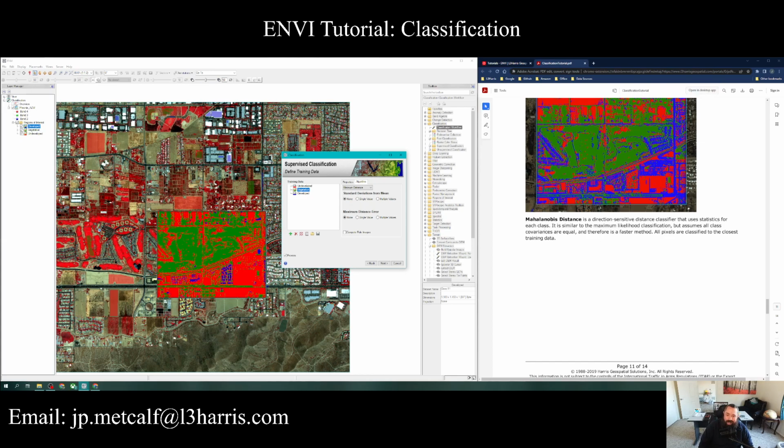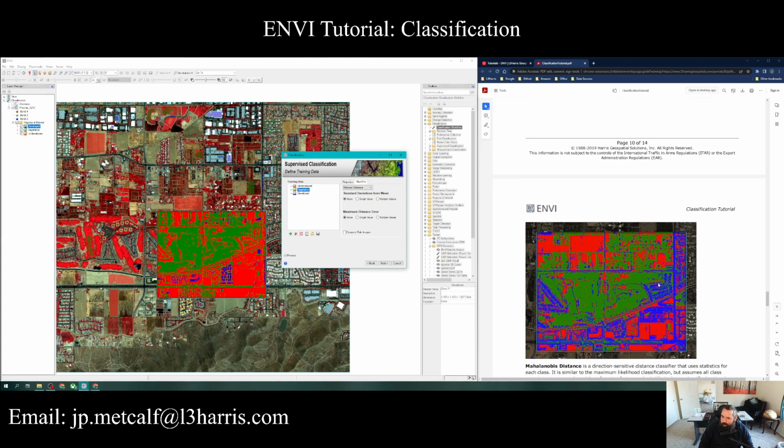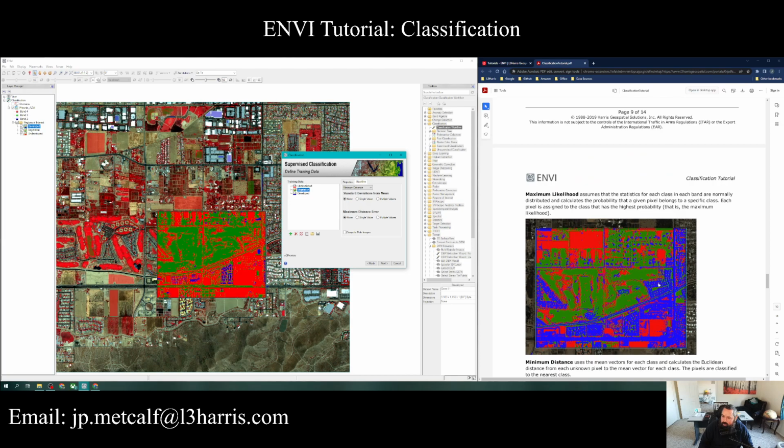If we switch to Mahalanobis distance, it's a direction-sensitive distance classifier that uses statistics for each class. It is similar to the maximum likelihood classification, but assumes all class covariances are equal. Where we go back up, maximum likelihood assumed